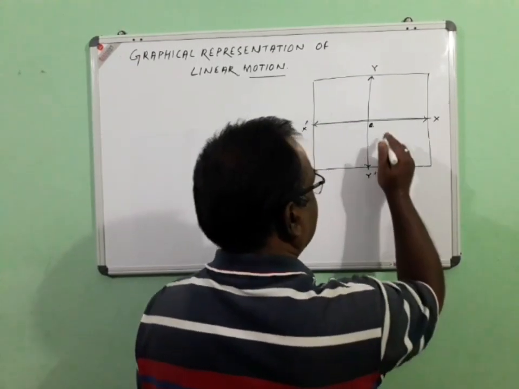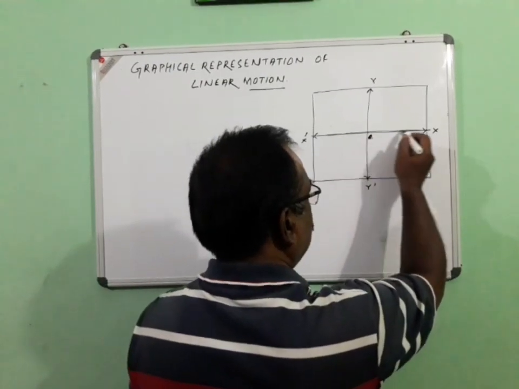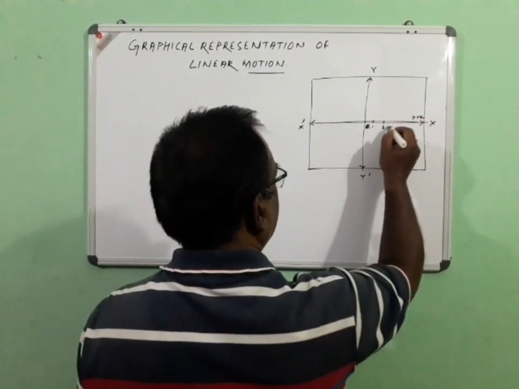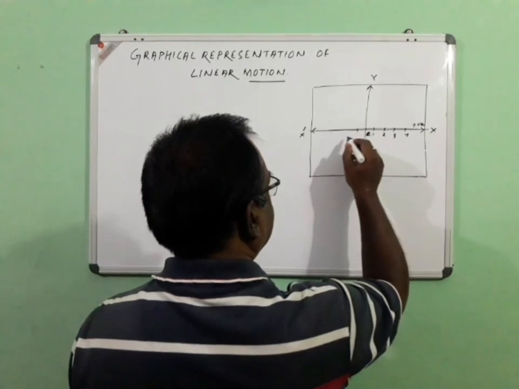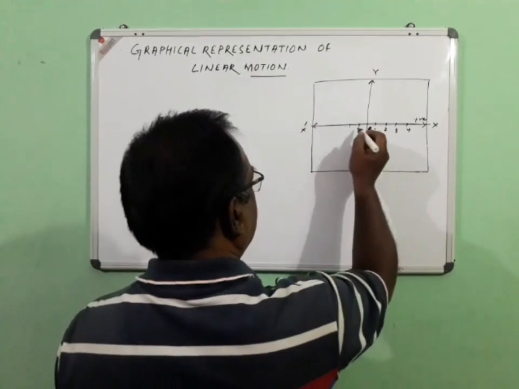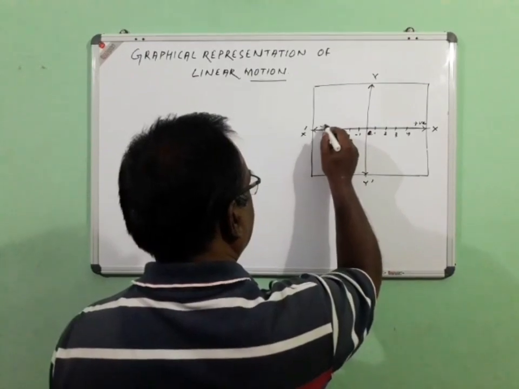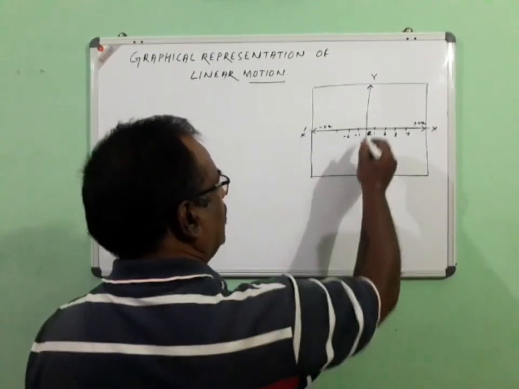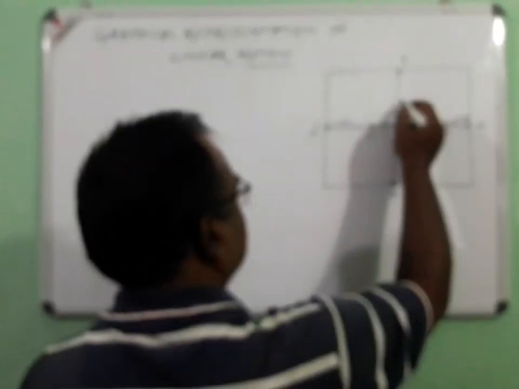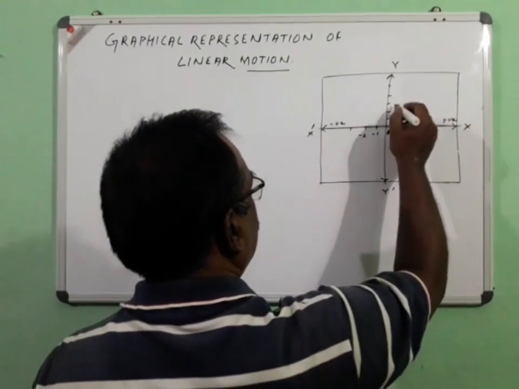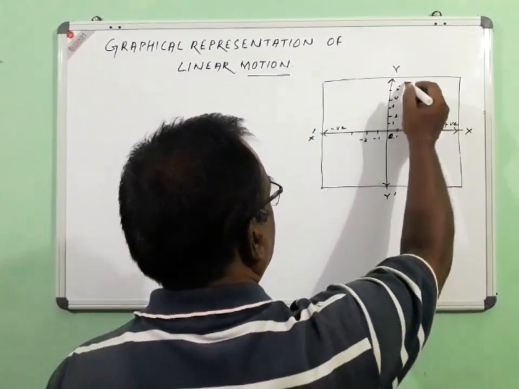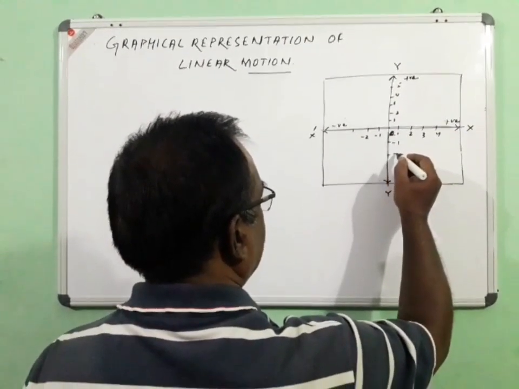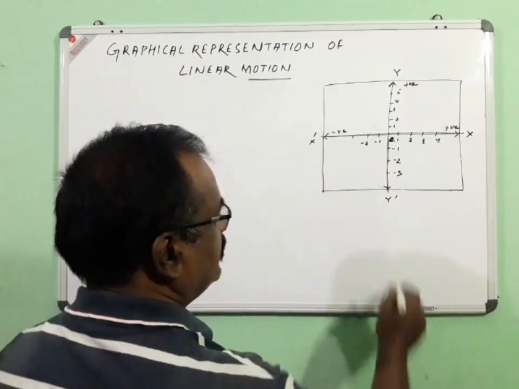On the x-axis, as you progress from 0 towards the right side, this indicates the positive side: 1, 2, 3, 4, likewise the positive values. Whereas as we progress towards the left, -1, -2, -3 onwards, these are negative. Similarly, on the y-axis or ordinate, as we progress upward it indicates positive values: 1, 2, 3, 4, 5. Downward, -1, -2, likewise, is negative.